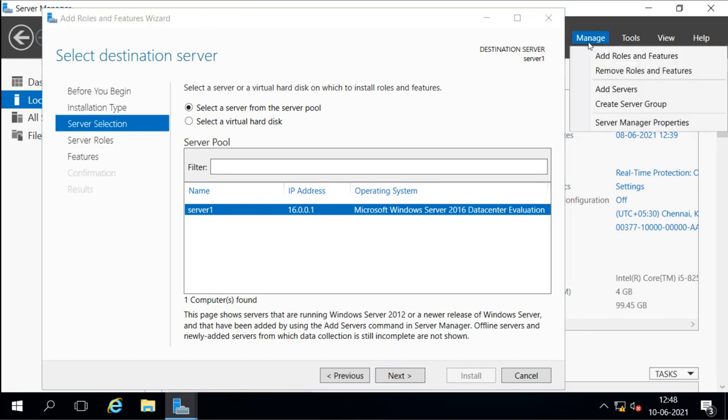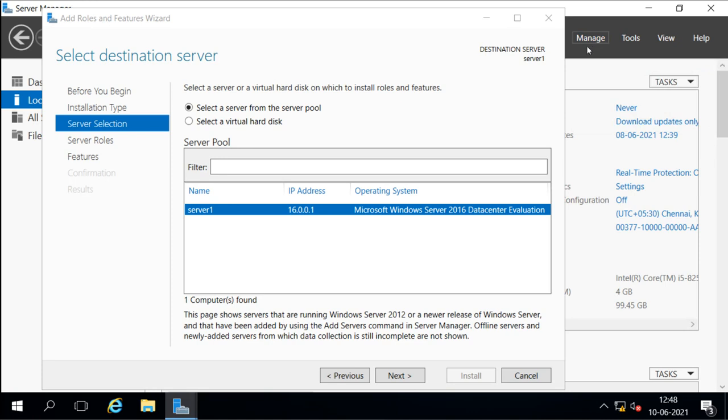We have the option here to add multiple servers, and we can even create a group of servers. If we add multiple servers in this server manager to manage them centrally, we will see all those servers here, one line for each server. We will see the name of the server, the IP address of the server, and the operating system of the server.